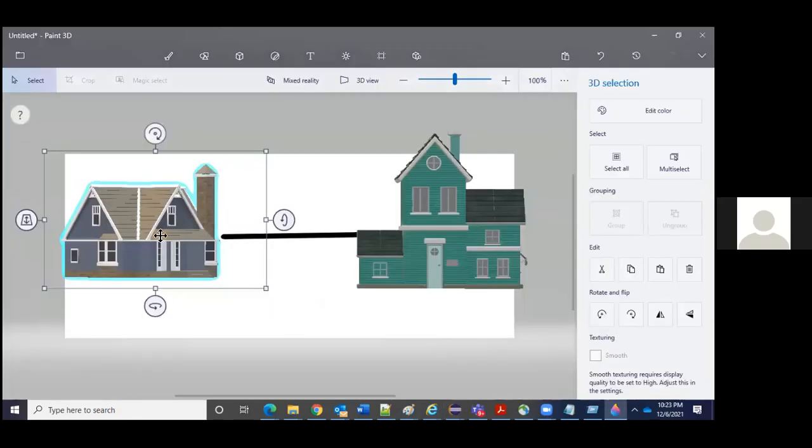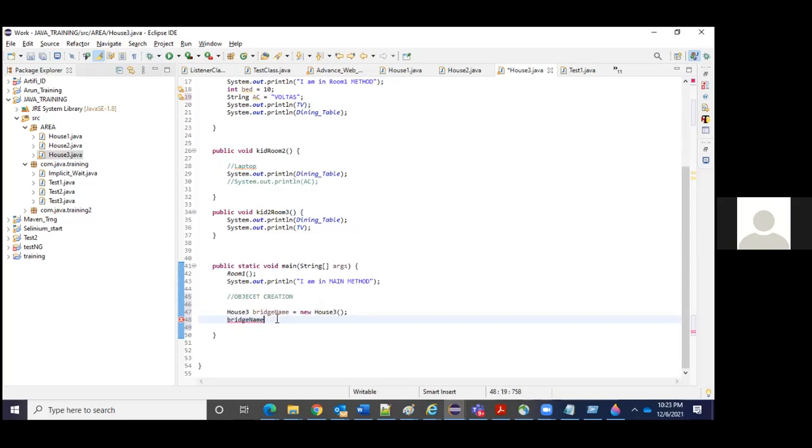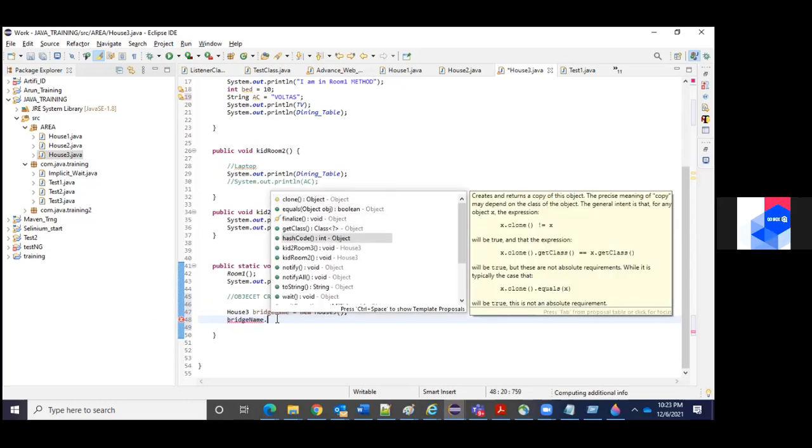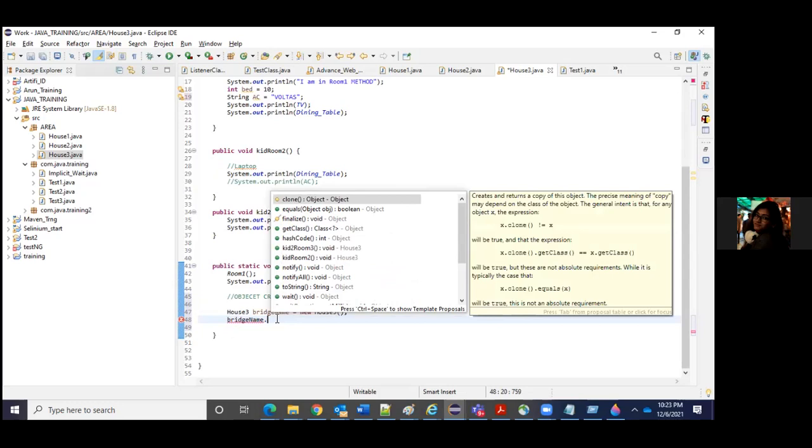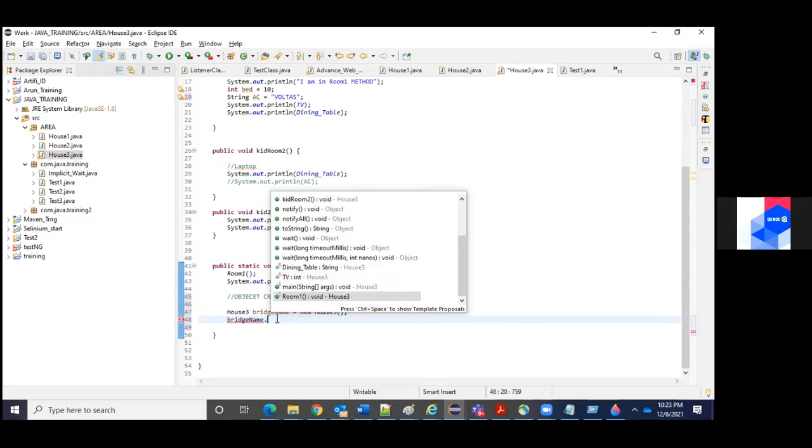In the same way, if you see here, you can see kid room 2, kid room 3, and you can see the dining table. You can see the TV. Again, you can see the room 1, right?